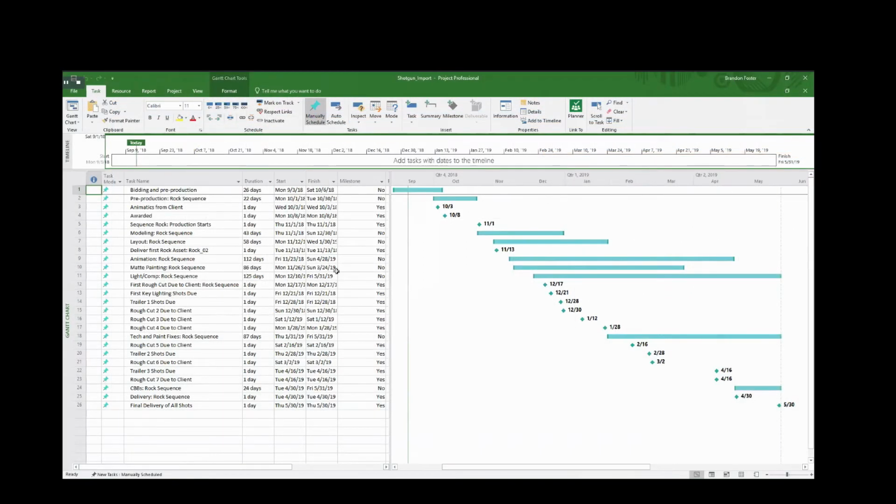Oftentimes, before we even begin our project in Shotgun, important dates, phases, and milestones may exist in an Excel sheet or another application, such as Microsoft Project. In this type of scenario, we can import this information easily from those applications into Project Timeline. Typically, the rule of thumb is that if any application can export to CSV, you can import that data into Shotgun. For Signal, we initially had phases and milestones passed along to us by one of our colleague producers who was used to working in Microsoft Project.